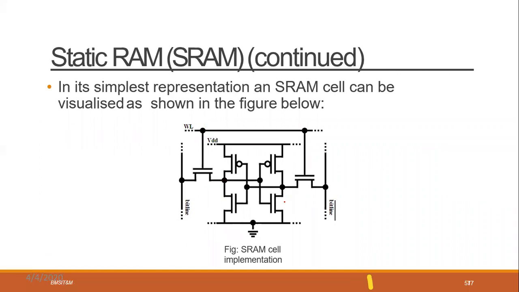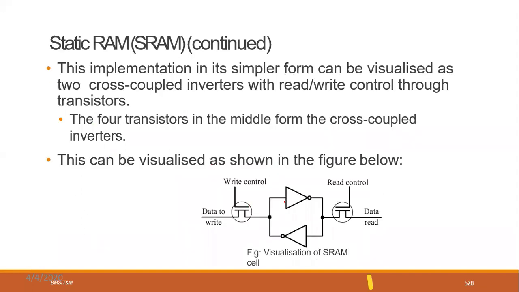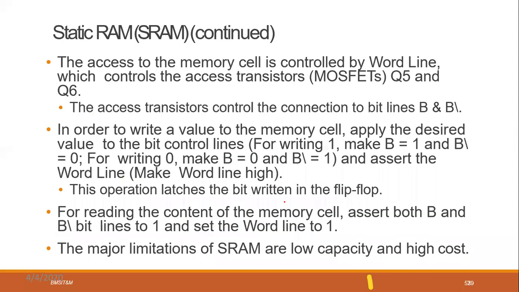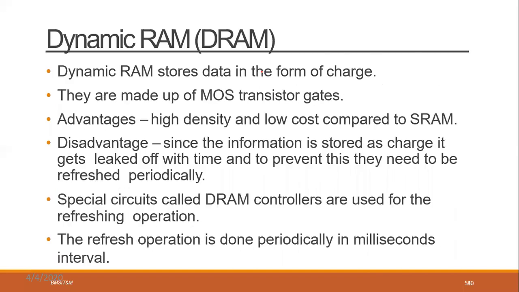So this is the static RAM. Whatever I explained, that is it. Then dynamic RAM. Dynamic RAM stores data in the form of charge. Here they are made up of a MOS transistor and one capacitor. So it consists of only one transistor and